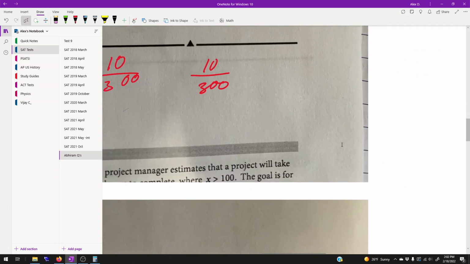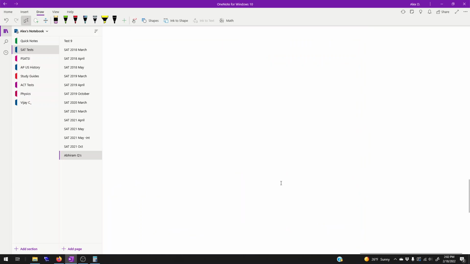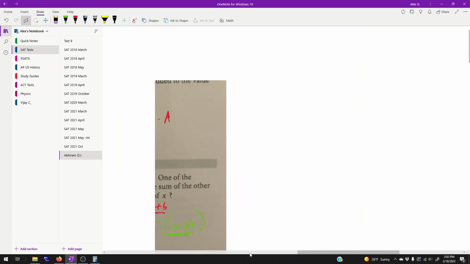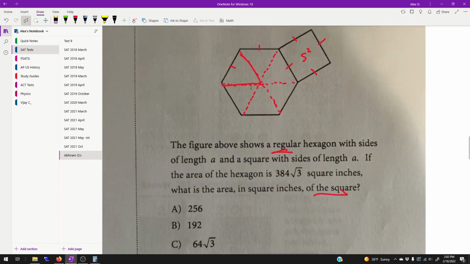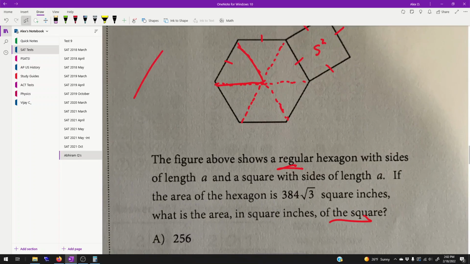So, zoom out. All right, I lost it. OneNote is great for some things, not super great for others. So let's make one bigger. So if I take this triangle here and say, okay, we know the area of the whole thing is 384 root 3, so we divide that into 6 equal parts. 384 divided by 6